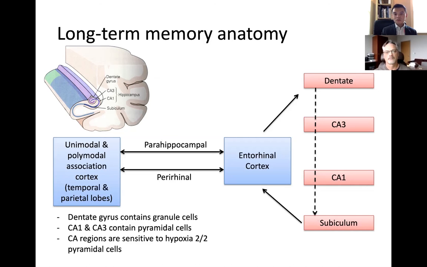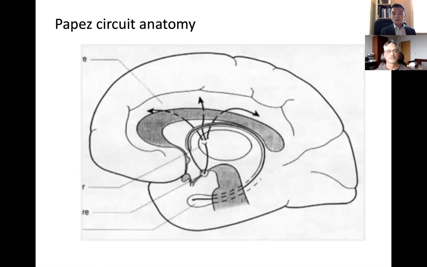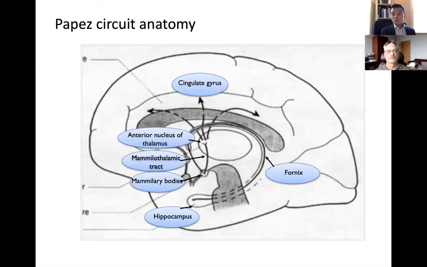The next couple of slides are just diagrammatic slides, an extension to show you the Papez circuit. I don't think it's necessary for us to go through every single step. You guys can go through that on your own. And then just to show you where these are within the brain, here's a picture of the Papez circuit anatomy as well. The Papez circuit begins in the mesial temporal lobes in the hippocampus. If it has a beginning, it's a loop, but you could start there in the subiculum. It is a reverberating loop that hits a number of structures, which you can learn by going over this diagram.